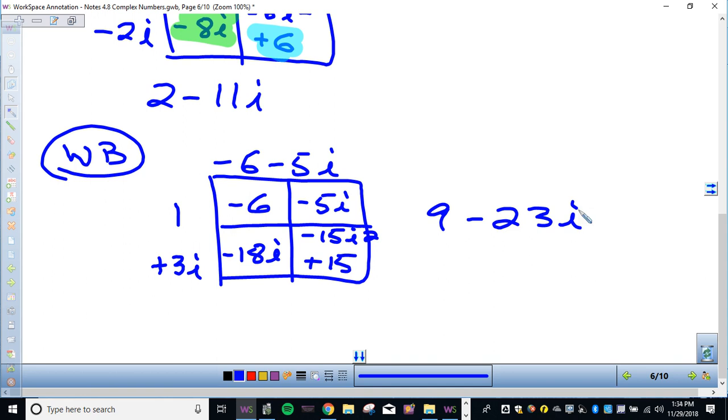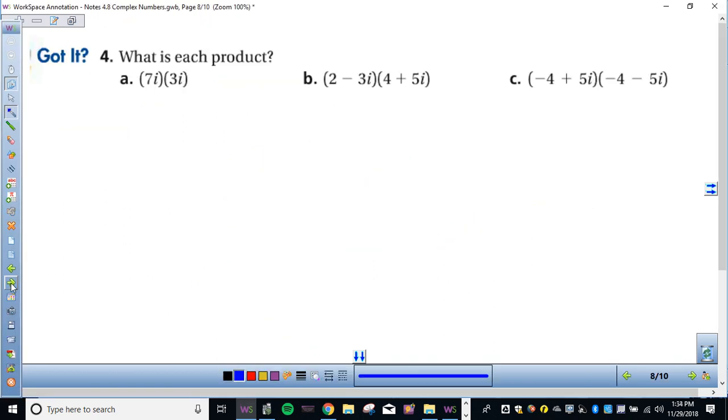So as you looked at this, a lot of people made little tiny mistakes, so you've got to be careful with your signs in this kind of stuff. Okay,